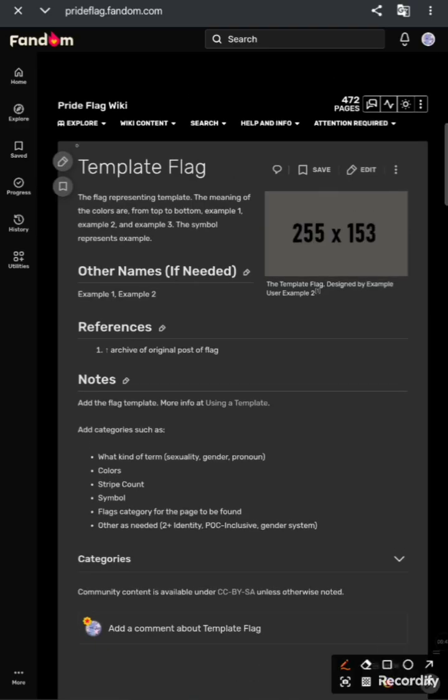So, first we have the title, and that's just going to be whatever it is. So, for example, you have a transgender flag here, and then flag. The dimensions of the flag is what that is. So when you actually put in the image, I'm gonna go through everything, but it'll be 255 is the important part. The way it works is it's gonna automatically do the second part